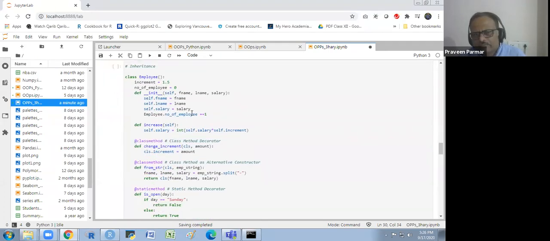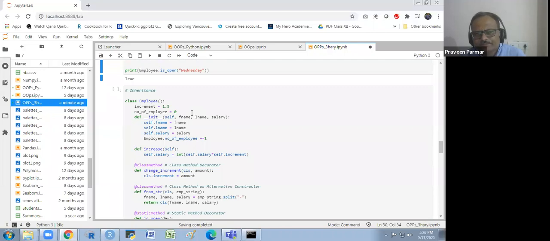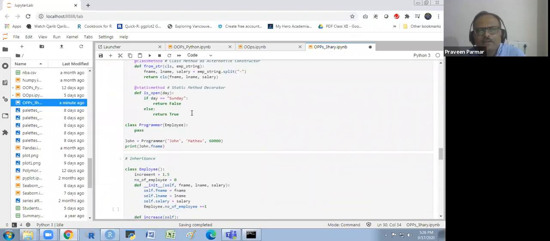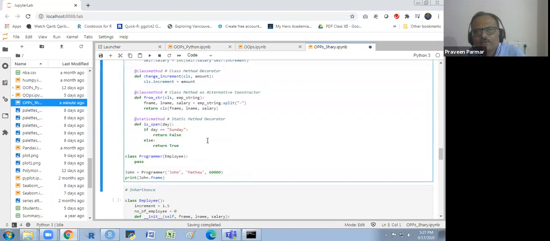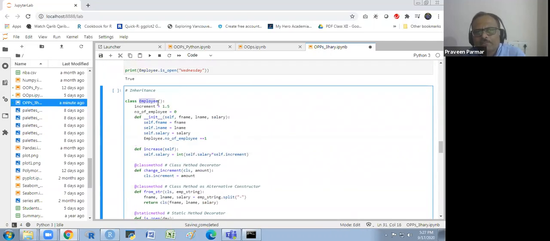Now, one more thing, inheritance. I'm making another class. These are the same things that I have used. Now another class I am making, the class Programmer. These are the employee class. In the employee, there are many categories. Sales team is there, the BA is there, so many teams are there. Marketing team is there. There is a developer team or the programmer team.